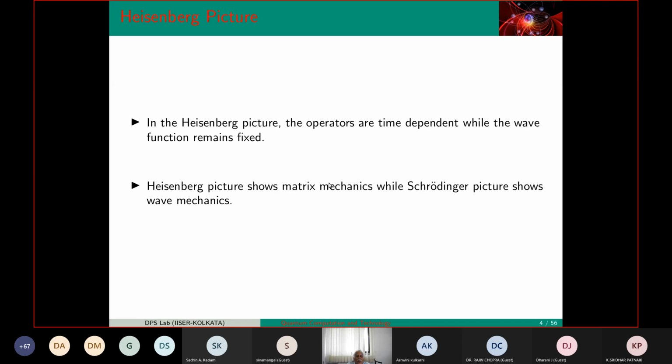Now while we are doing it, you have to solve the problems. While solving, this time evolution is something which people always find difficult to solve. You can solve explicitly, but most of the problems are difficult. People come up with pictures. You'll find these kind of words, Heisenberg picture. In the Heisenberg picture, you don't care about the wave function. You look at the operators. Like in real life, the operators really do everything. You can make them time dependent. Forget about the wave function. The wave function remains fixed. If it's a qubit, 1 0, it remains as a qubit. Everything happens to the operators.